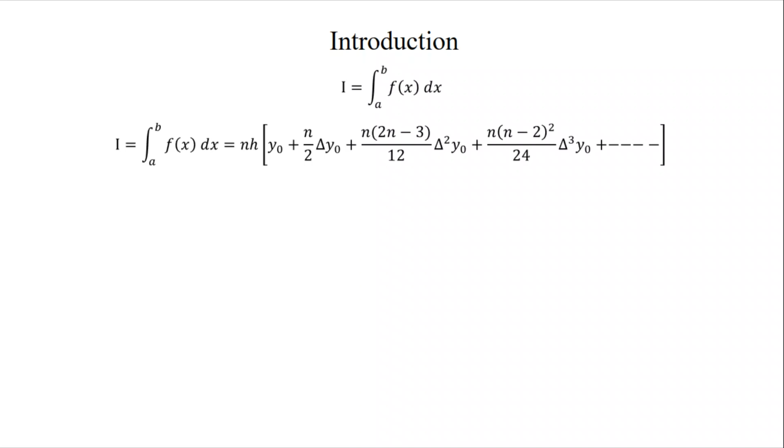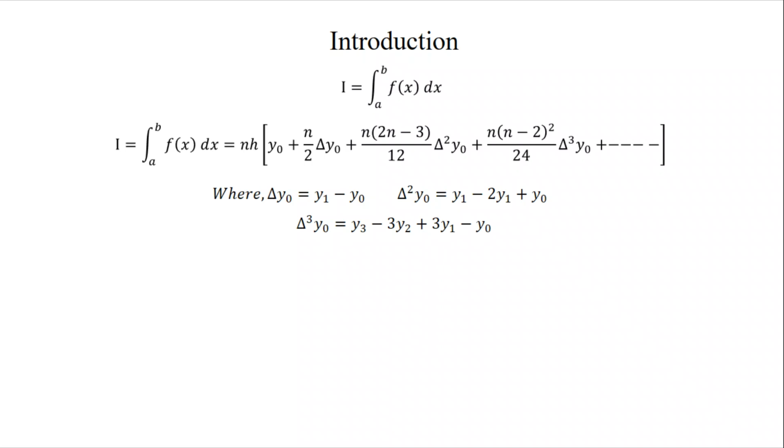Then we have the Newton-Cotes formula, and we already applied the Newton forward difference method and put n is equal to 2 in this equation. Here delta y0 is nothing but y1 minus y0. Then delta square y0 is equal to y2 minus 2y1 plus y0, and delta cube y0 is y3 minus 3y2 plus 3y1 minus y0. After putting n is equal to 2,